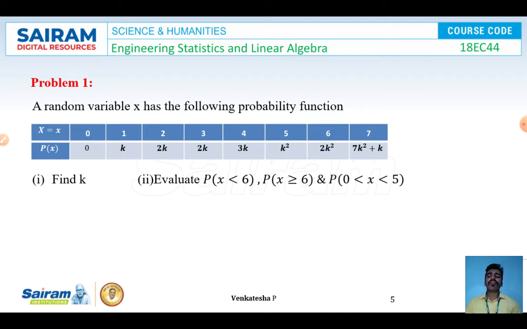Now we will find the value of k first. Usually, to find the value of k for discrete random variable cases, we must follow two conditions. The first condition is that all the P of x values must be positive, but here the data is given in the form of k. To say that P of x is positive, k must be positive. The second condition is that the summation of P of x must be equal to 1. I mean, adding all the P of x values, the sum should be equal to 1. So now with this condition I'm going to find the value of k.